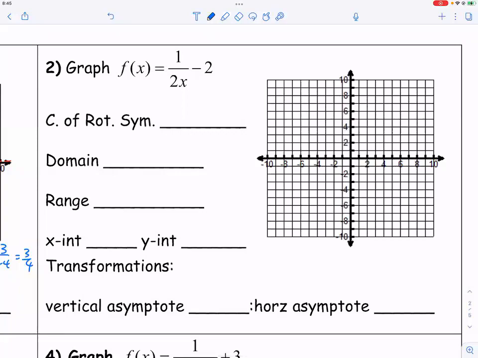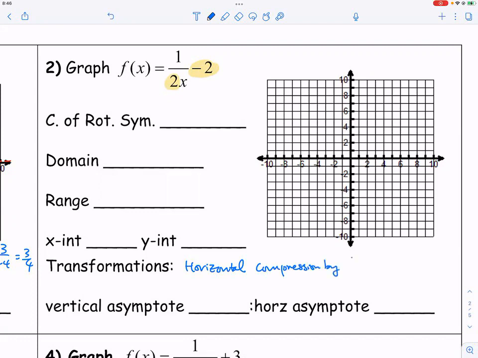All right, let's go ahead and move to number 2 then. Okay, number 2, we have a lot of 2's here. We have a 2 in front of x, and we also have a -2. So with the 2 sitting in front of x, that means it is a horizontal compression